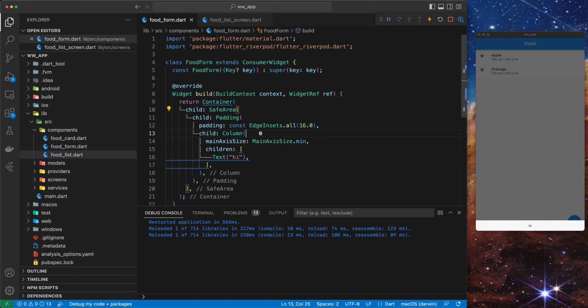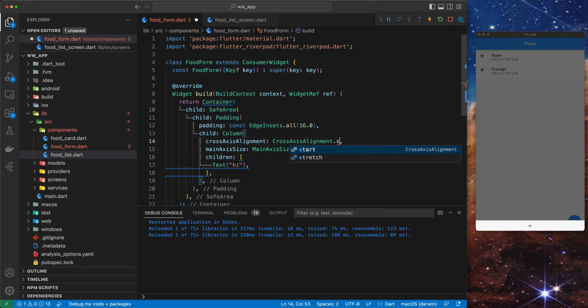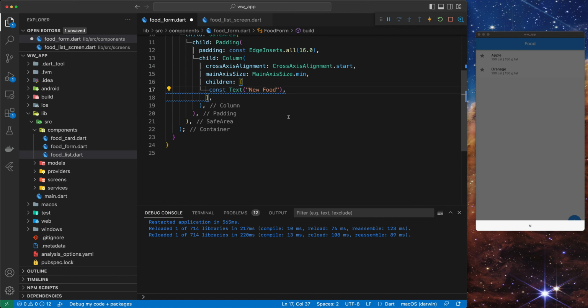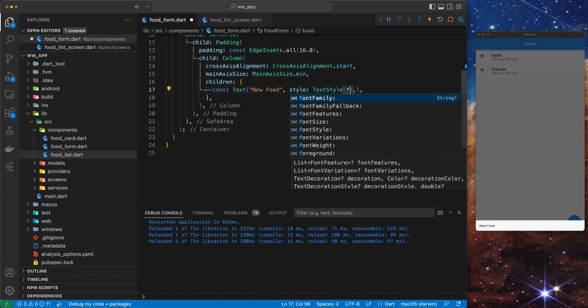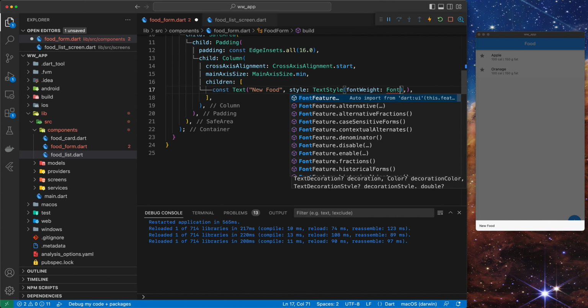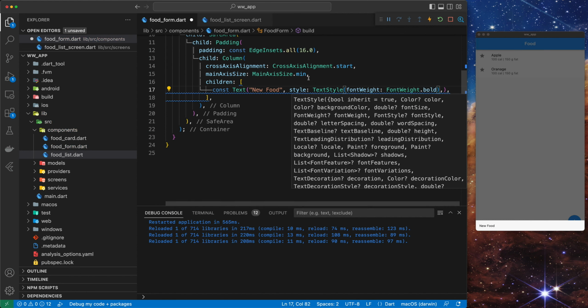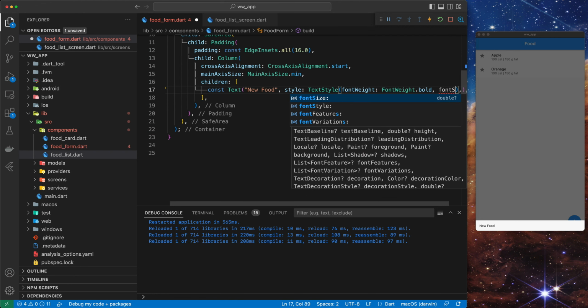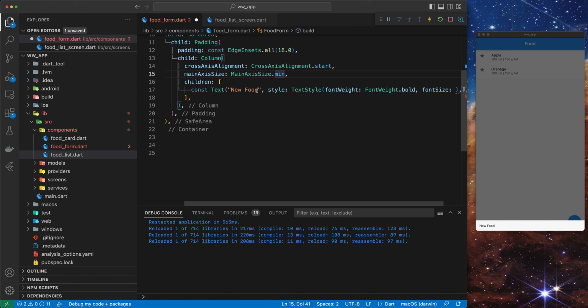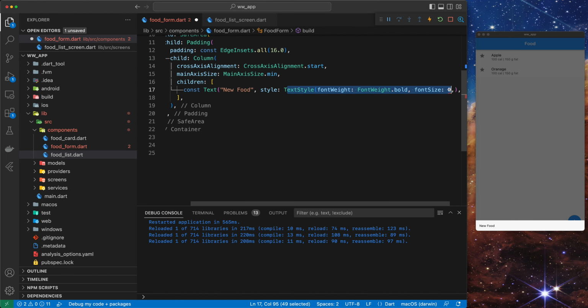Cool. And our column, cross-axis alignment dot start. And we can make this say new food, and it can just be a const for now. This is going to warn for now, but we're eventually going to have something that's dynamic. So new food, and we could of course style this. I'm not worried too much about style for this app right now, but let's give it a font weight of bold, and let's do a font size of something else, or instead of doing all this stuff, the real, proper way to do it would be